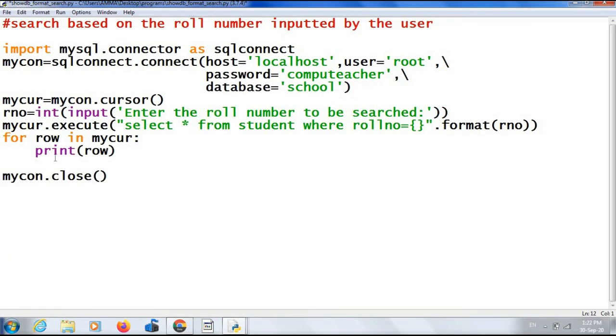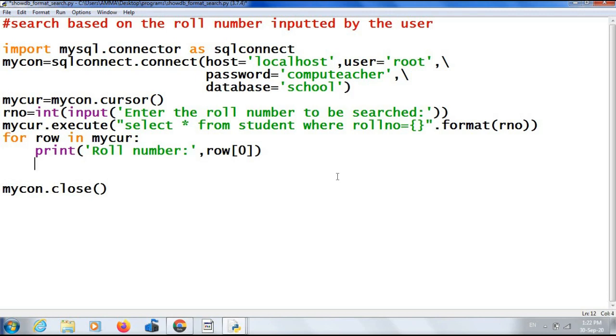And if I want to display the roll number, name and place separately, I have to use roll number row of 0, that is my first value. Then name row of 1, second value.